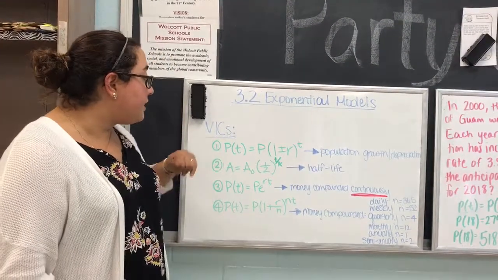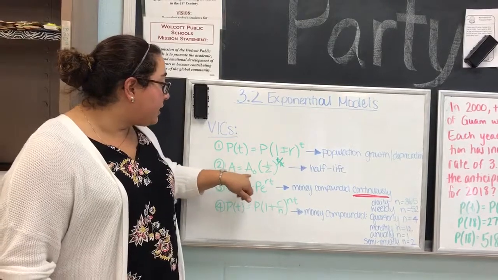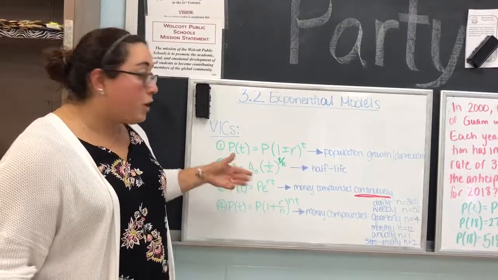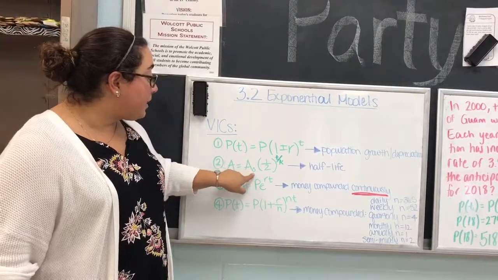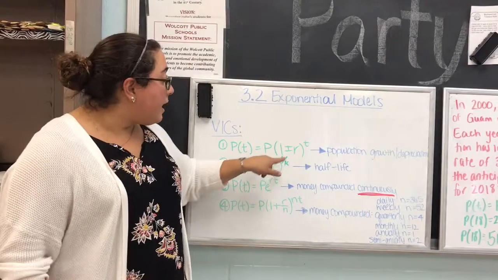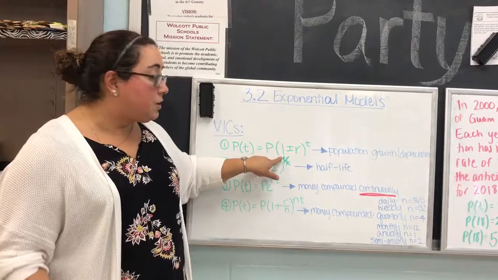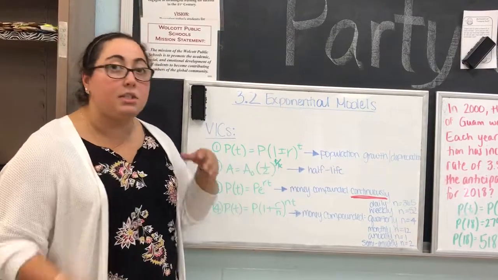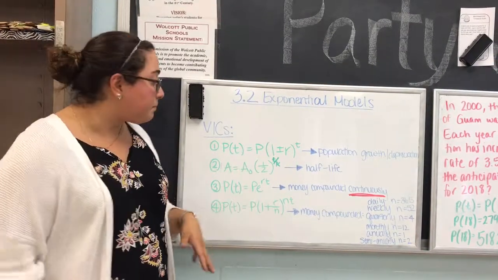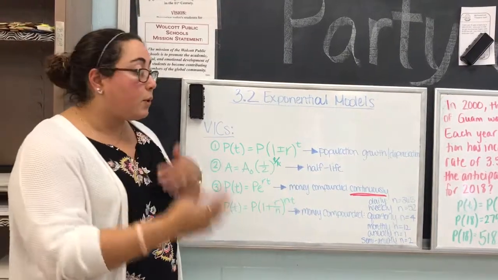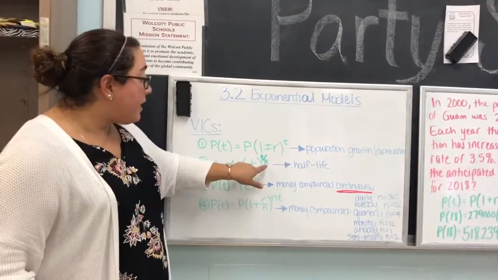The second formula is half-life, which is A is equal to A sub 0 times 1/2 to the t over k, where A is what you hope to get, A sub 0 is your initial amount, 1/2 is always going to be your constant base, and this time it's raised to your t, which is in terms of years or days or whatever it may be, divided by k, which is the number of days in a cycle. So if it takes 20 days for something to have a half-life, then 20 would be your